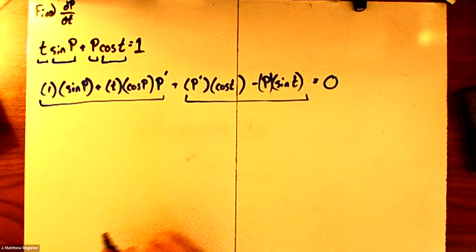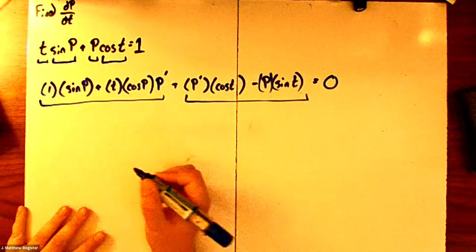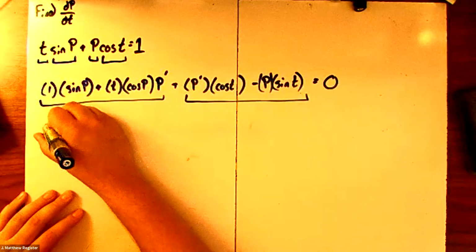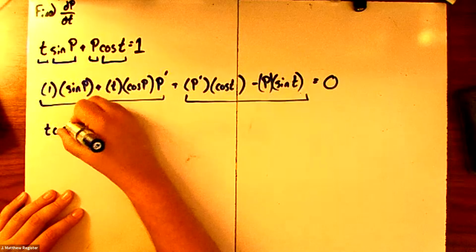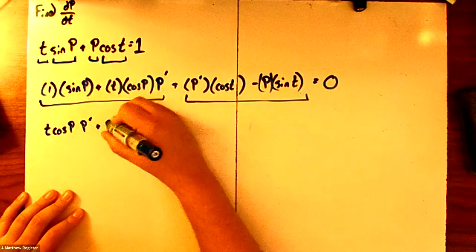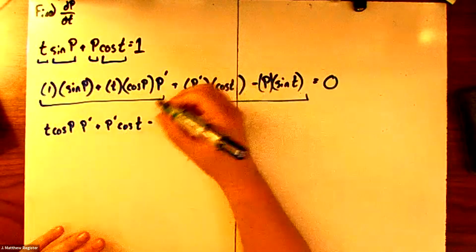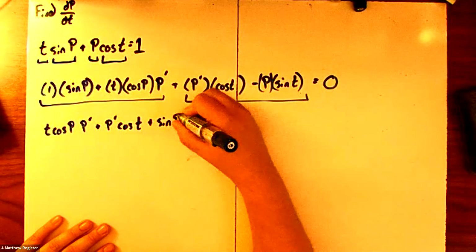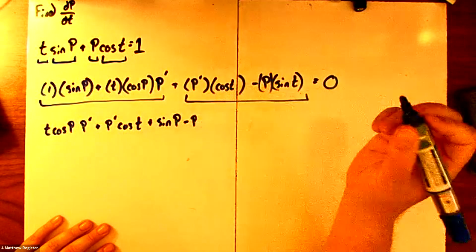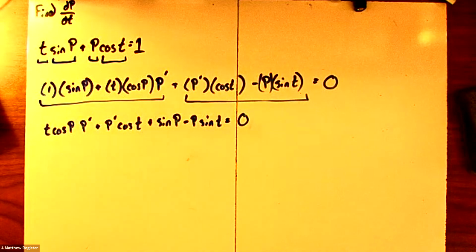Cleaning this up, we could clean it up pretty quickly, I think. Let's group our like terms together real quick. And so we will get a t cosine of p times p prime. Then it's going to be plus p prime cosine of t. And then we could say plus sine of p and minus p sine of t equals 0. The reason I grouped it that way is because now algebraically we need to solve for p prime,